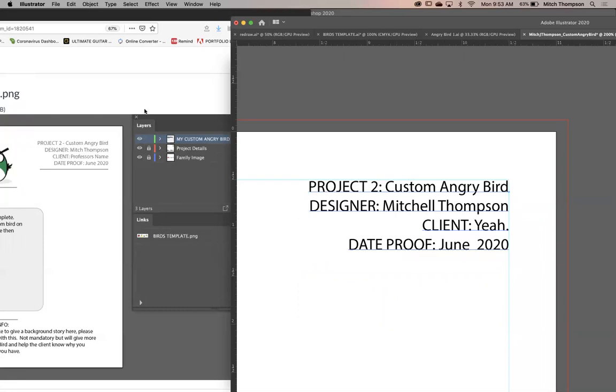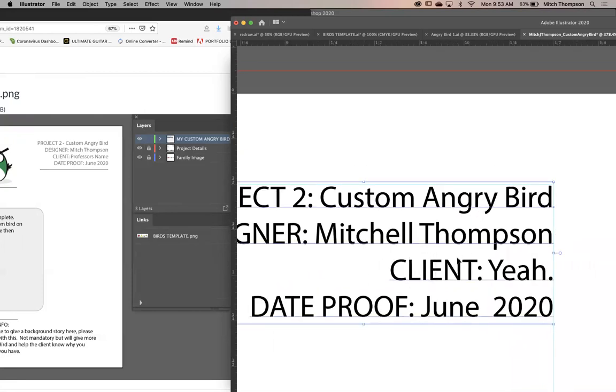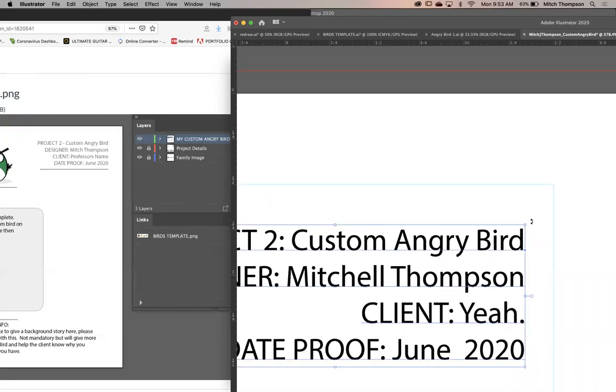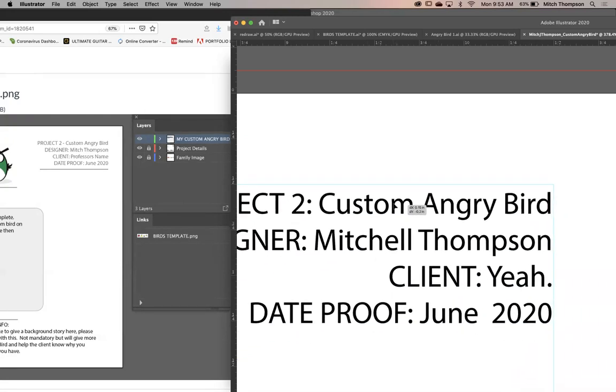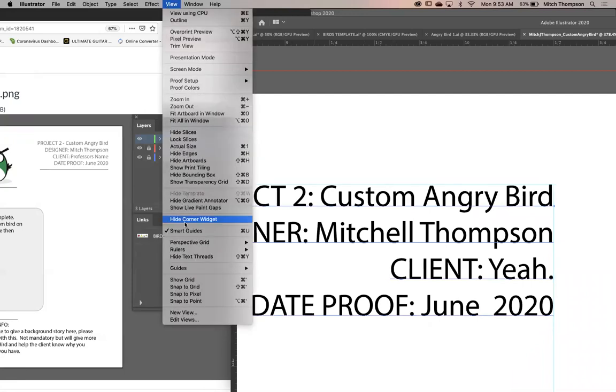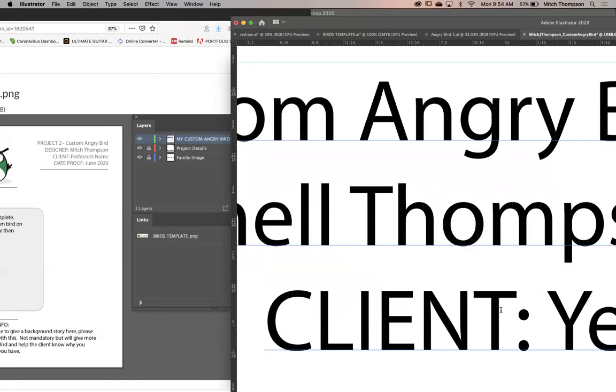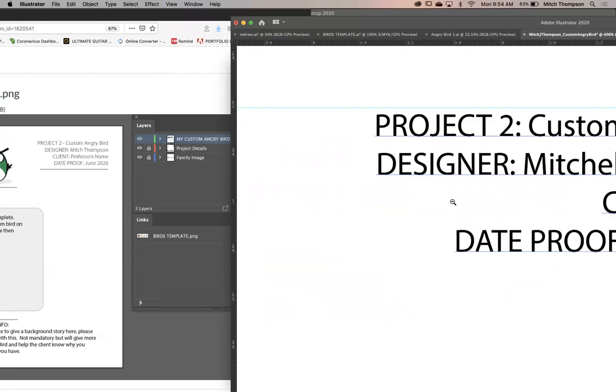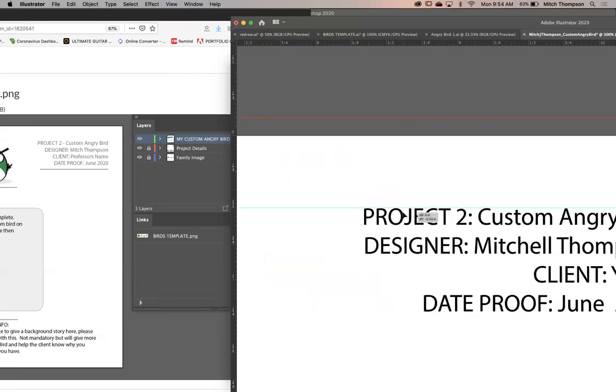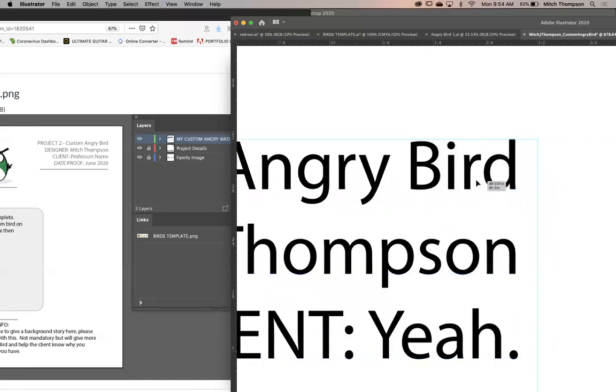Now, let's do Command U for a second. We know that Command U allows for smart guides. That being said, remember with type, it's only going to snap right to, let me just go up here to View, and then Smart Guides are on, but we want to go into Snap To, where is it? Guides. Oh shoot, no, that's right. And mine doesn't want to snap to guide. Amazing. It's all good. I'm going to use that as a guide here. I'm just going to manually do it. It should snap.